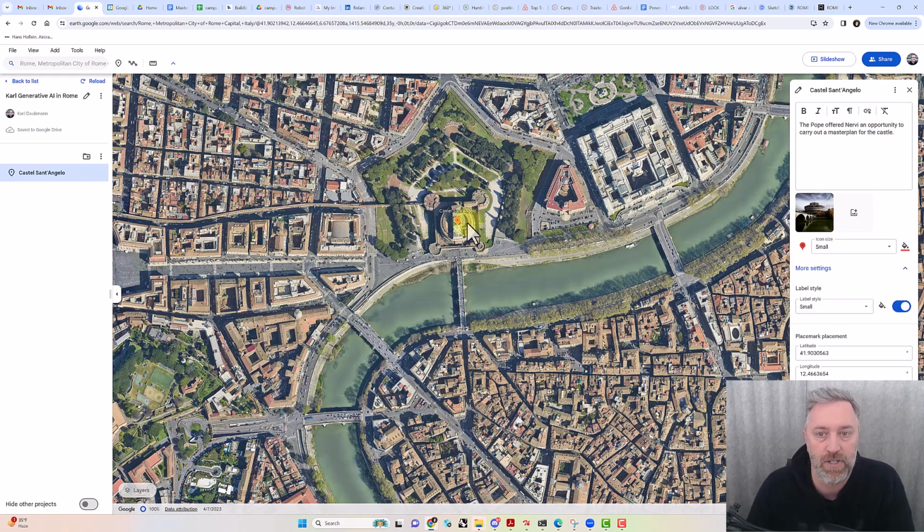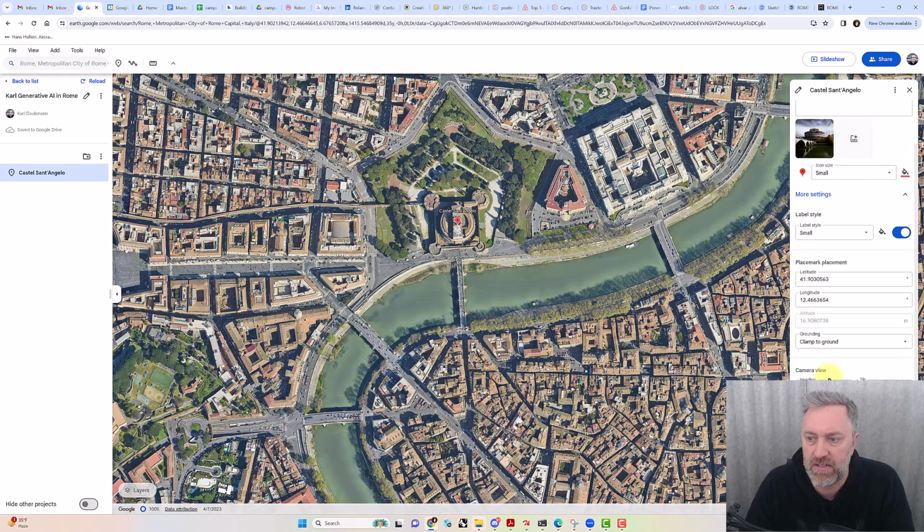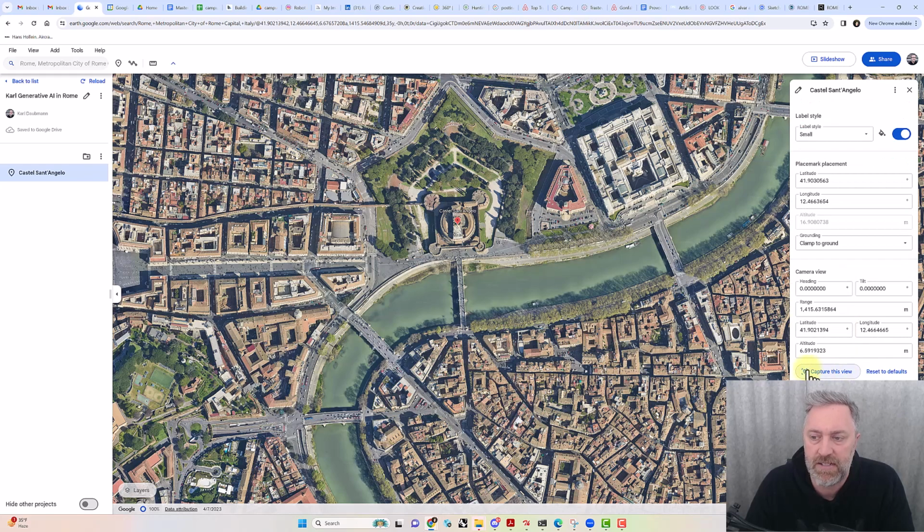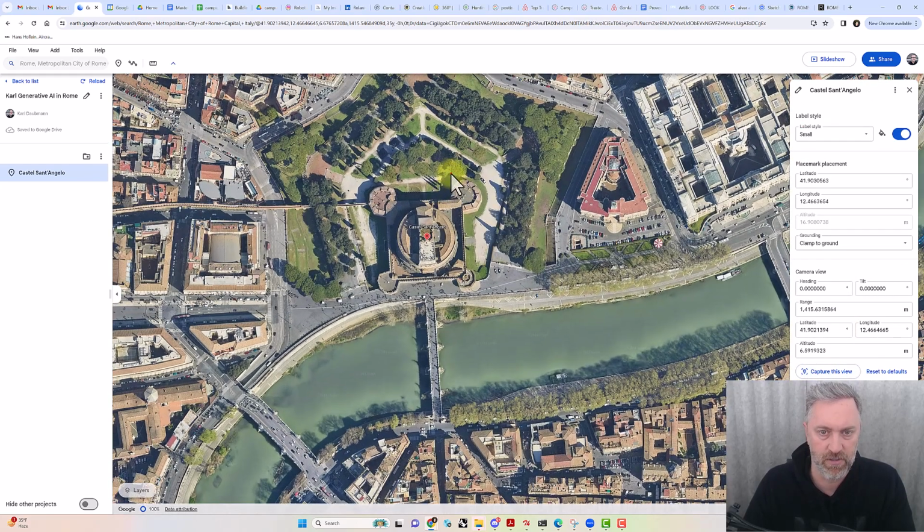That way, when we bring that in, we'll be able to differentiate from one student to the next. We can place our pins set to the ground. All of these are fine. The last option is capture this view. And so what we can do, if we really want to be zoomed in,